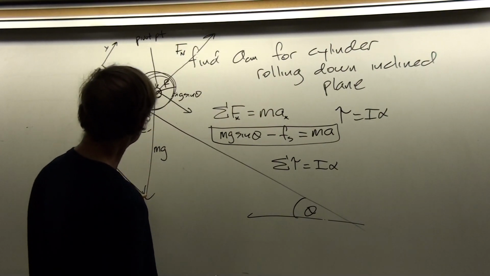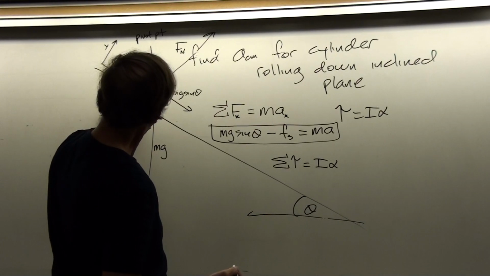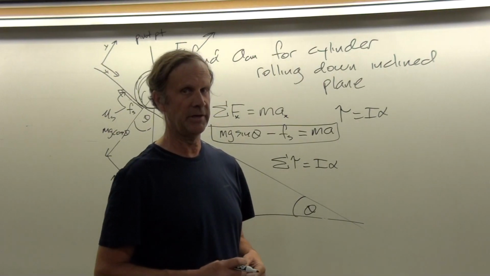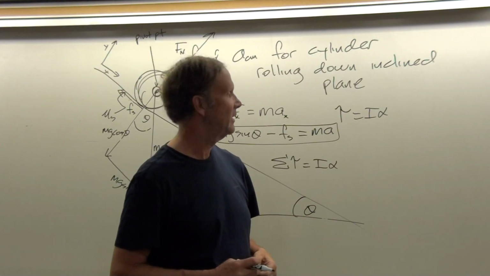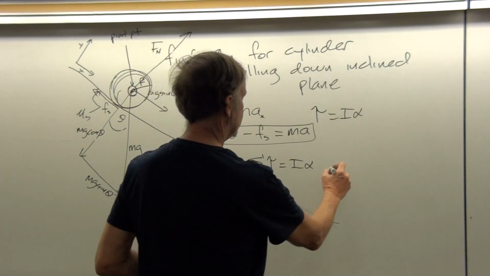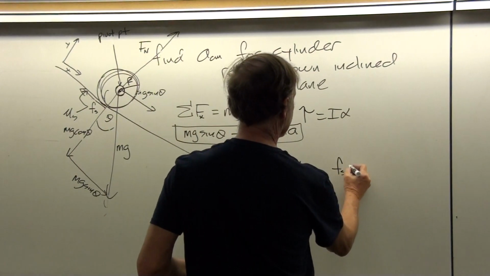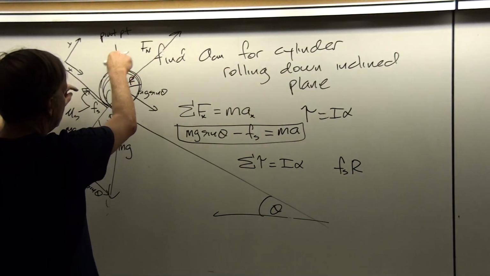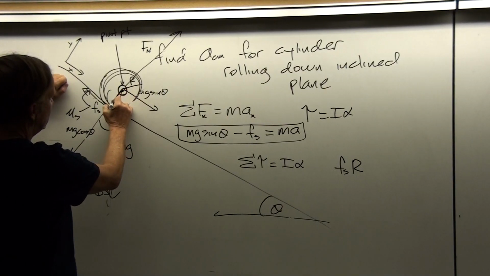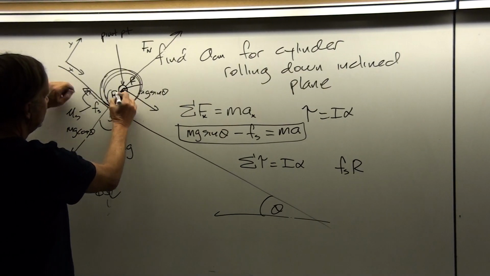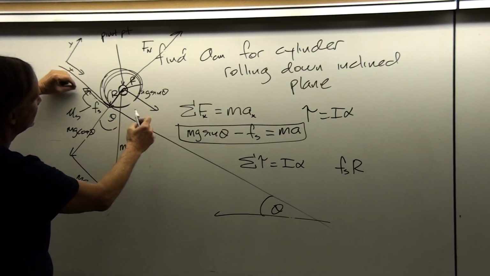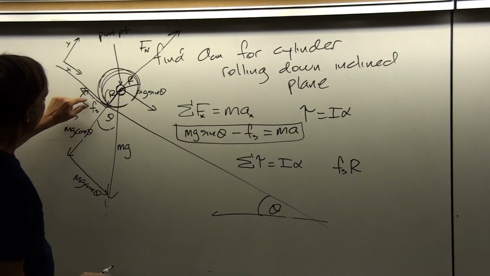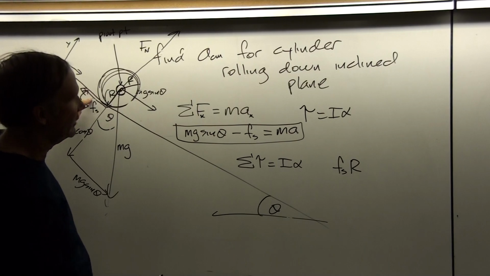the weight force goes through that point. The only force that's acting on the system that doesn't go through that point is the force of static friction. So we can then write that the force of static friction, S times R, is the torque. And that's going to tend to make this thing want to go clockwise. Here's our radius vector. Here's our force of static friction. All the other forces intersect with the center of mass position, and so this is the only surviving force.